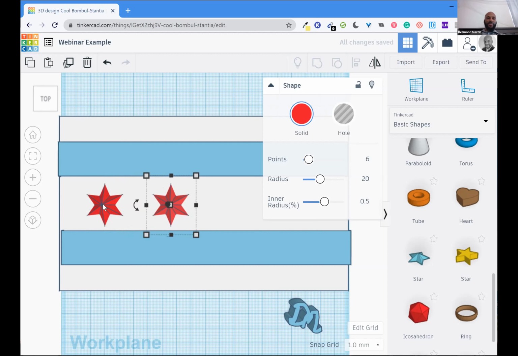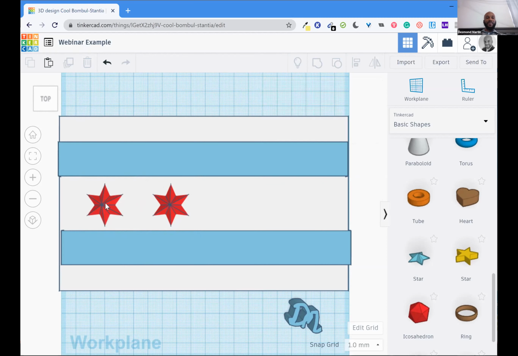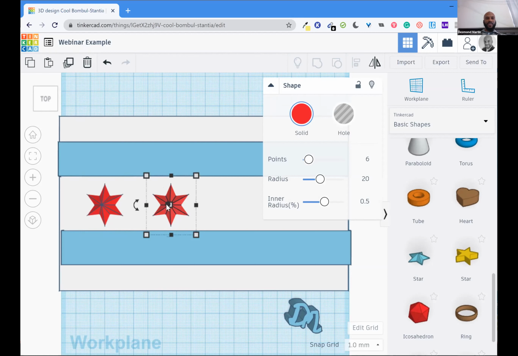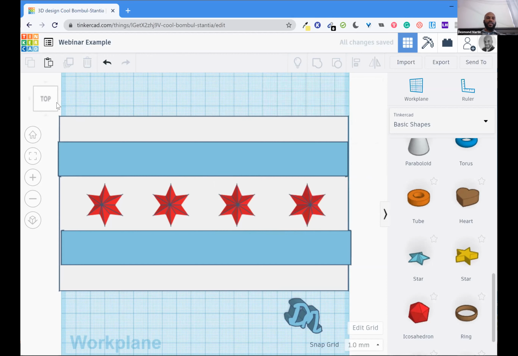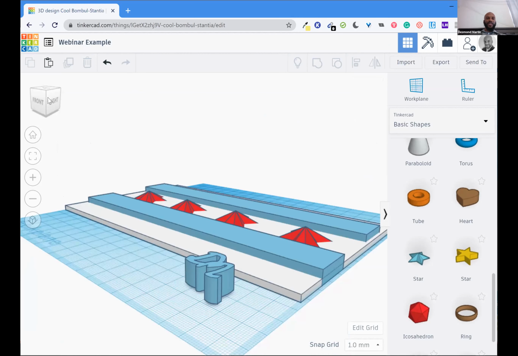And just like I selected multiple items before, I can select multiple items again. Select 1 star, select, well, not getting that other star. So I'll try my best to select both stars here. Select 1 star, and then I'll actually just copy, Control C, Control V, my stars across the flag. So just that quickly, if we weren't to go into so much discussion, we've created this 3D representation of the